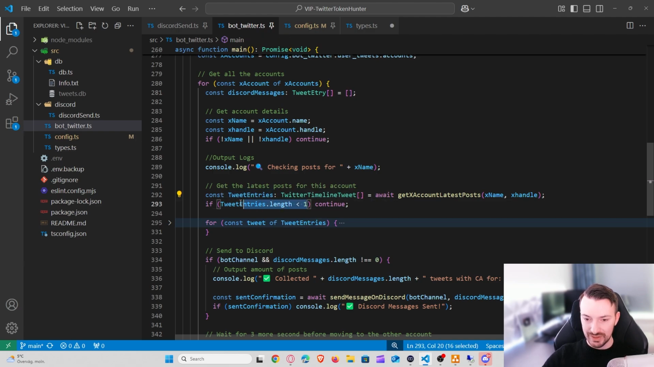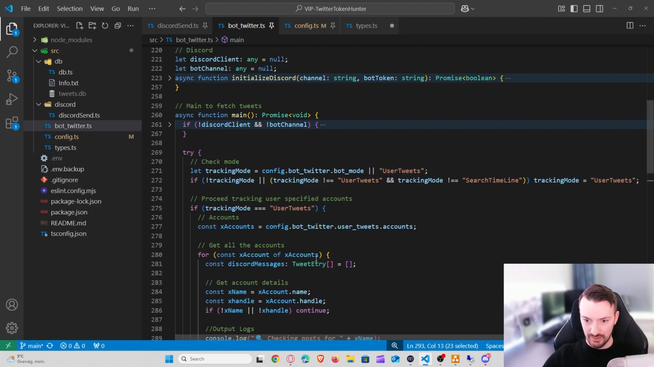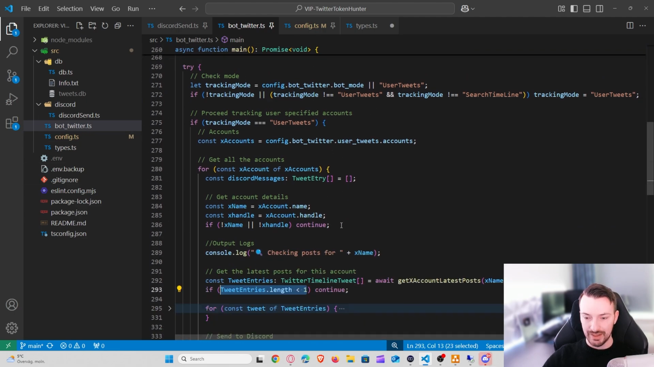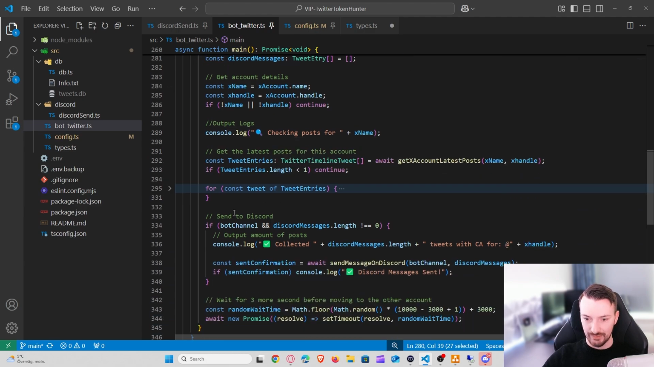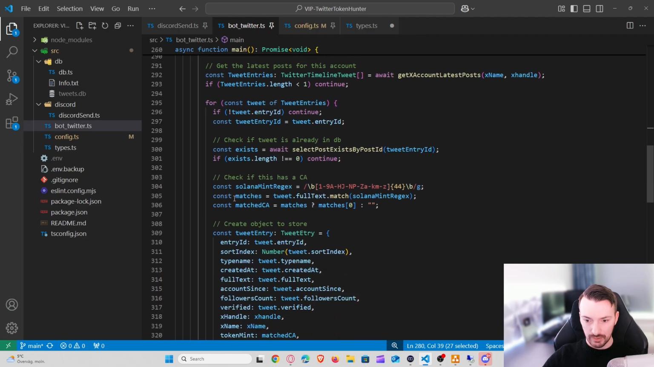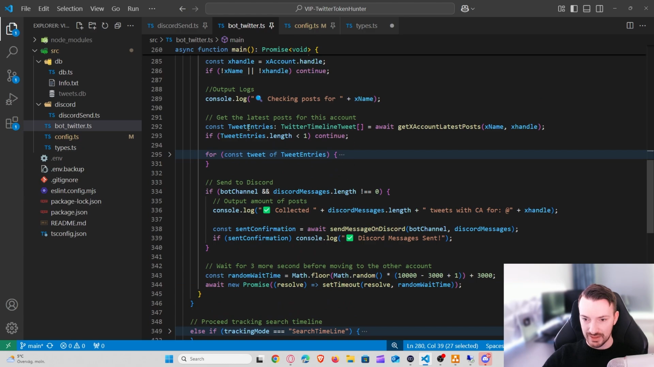And if we have tweets returned, then we move on. But if nothing has returned, which means smaller than 1, then we continue, which means in this case, we will wait till main starts again. So in this case, it actually means we will go to the next account. And if there is no next account, then we will wait till main starts again. So if we have tweet entries, which means we receive tweets, then the next step we will do is loop through